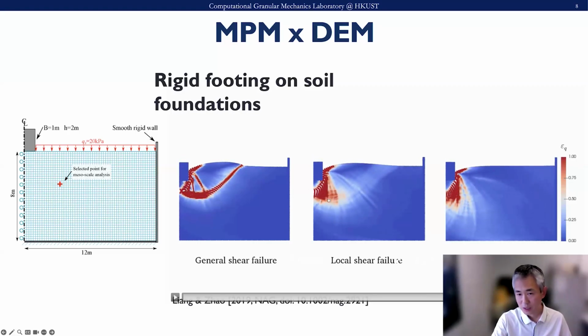And for medium dense soil, we have this so-called local shear failure. For loose soil foundations, you can generate a punching failure, so the shear failure will be confined very near the neighborhood of the footing at the tip part. But for dense soil, in the general shear failure mode, you have a well-defined shear mode, which generates a